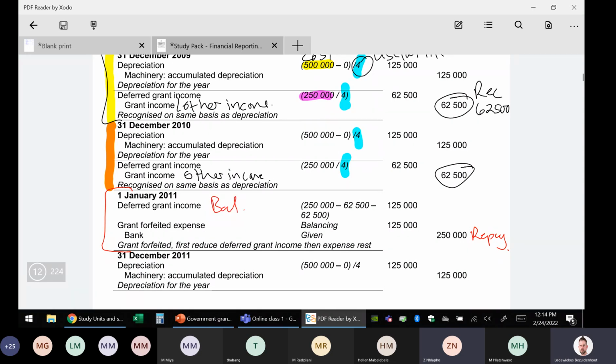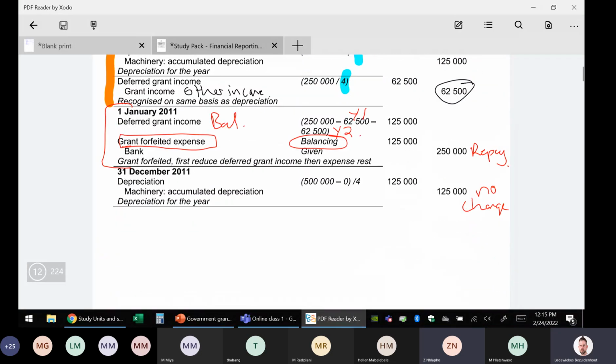It was 250,000 less year 1, 62,500, less year 2, 62,500, and the balancing figure goes to the grant expense. All right, and then we have depreciation for the year, and the depreciation is no change